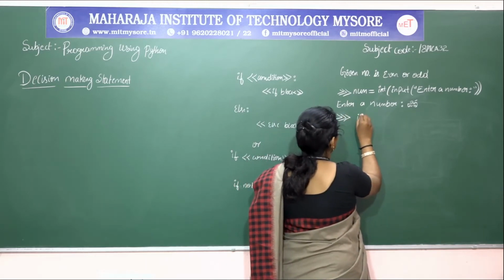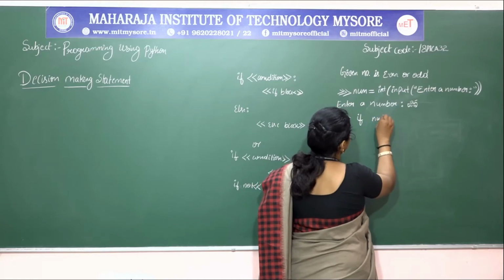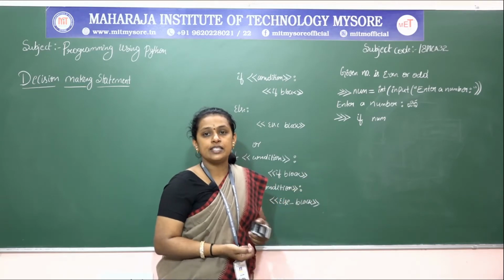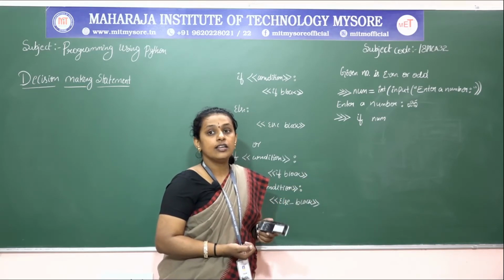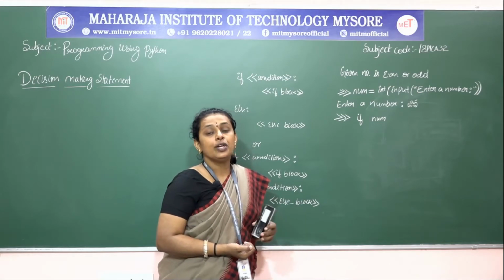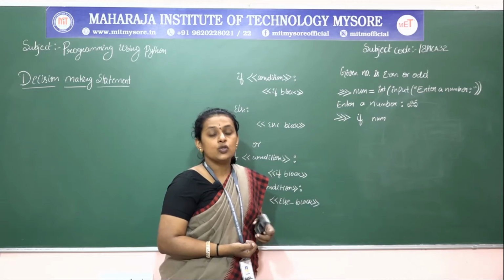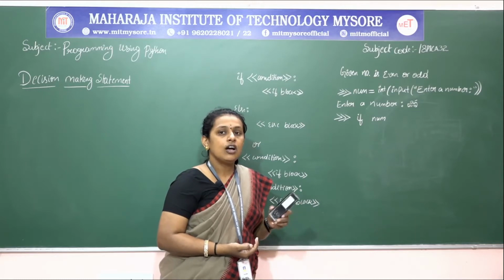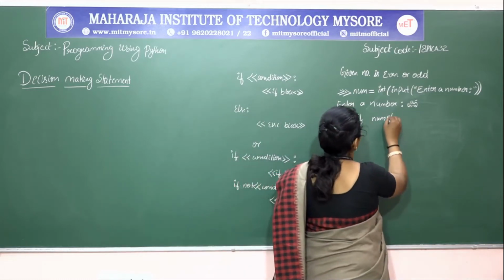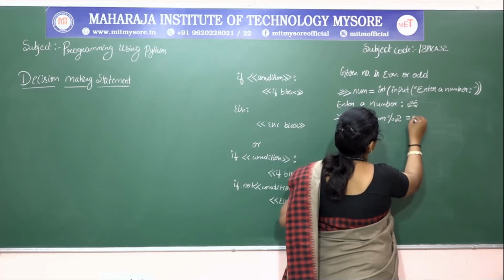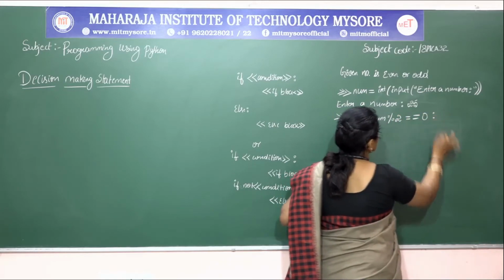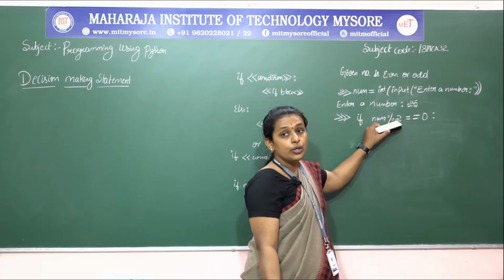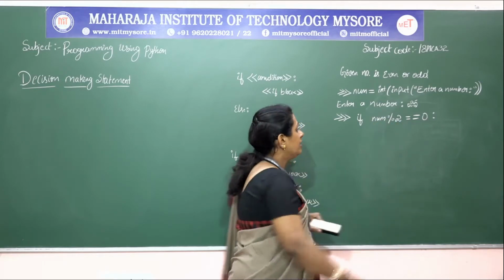Now I need to check whether this number is even or odd. I am using the if statement. If num, so what is the condition or logic for finding whether a given number is even or odd? Here if I use the modulus operator, it gives a remainder, right? Based on that I can calculate whether a given number is even or odd. Number modulus of 2 equal to 0. So if the number modulus of 2 is equal to 0, then